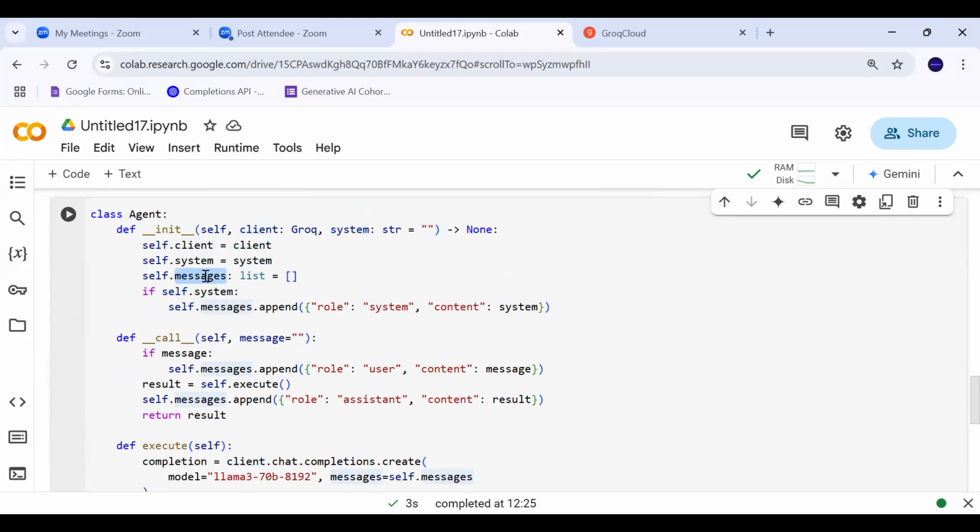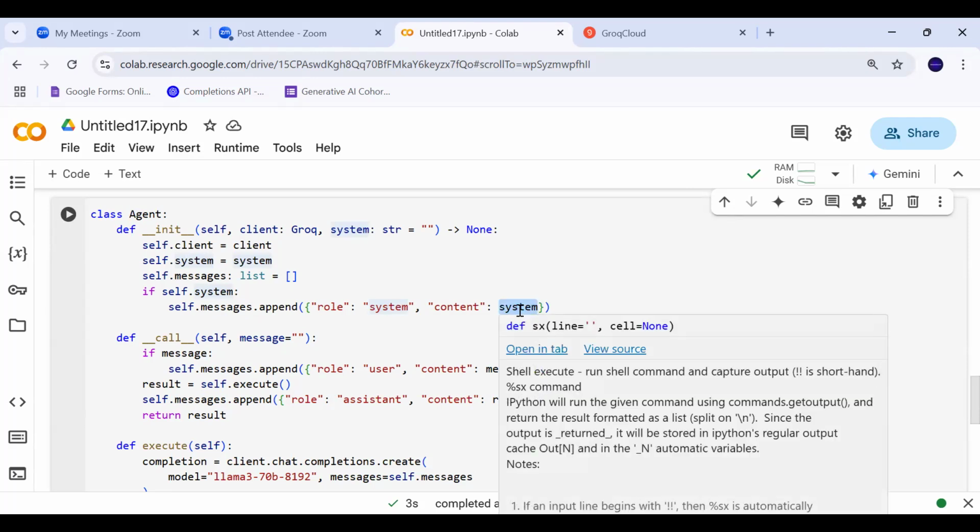While instantiating this agent, if I'm sending my system prompt, then I'm appending that to my messages list. Role is system and the content is the system variable. Is that fine? Is it clear, guys? This is not the way we usually work in the industry, but this is the way to understand, to give you the basic structure of the code which is running behind. Once you understand this one, you can relate very easily to any framework, how it is working basically.